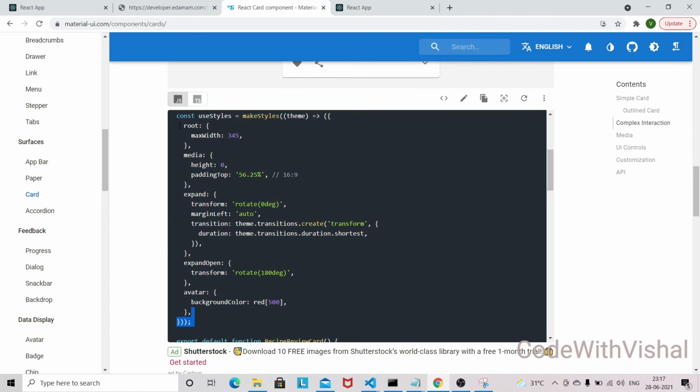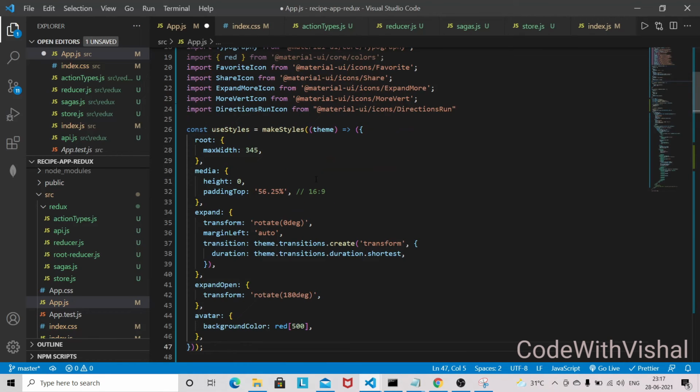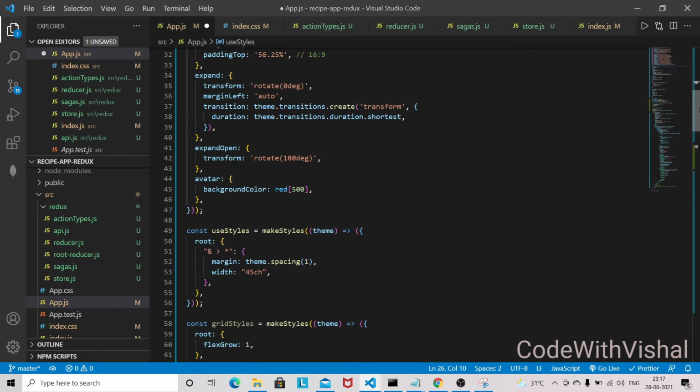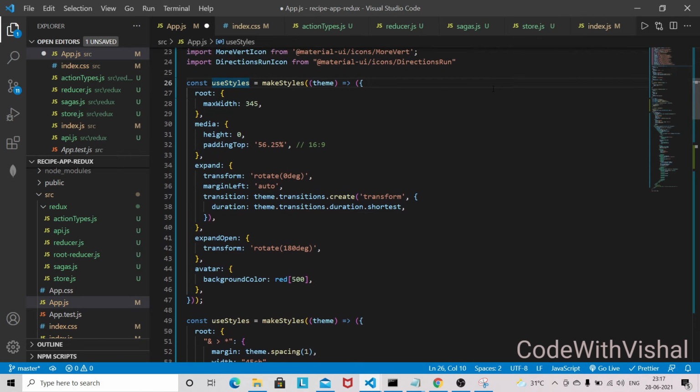So let's copy this style for the card, and I'll just paste it over here, and I will change this useStyle name, because it's already taken for the search input and button. So this name I will be giving card style.